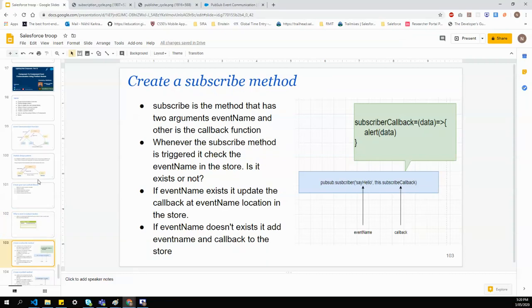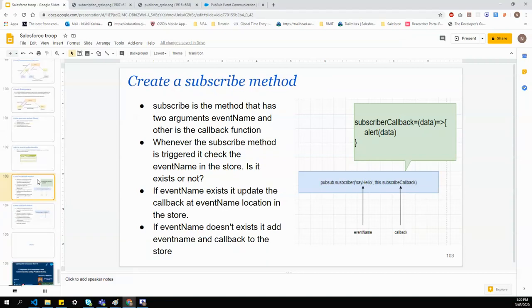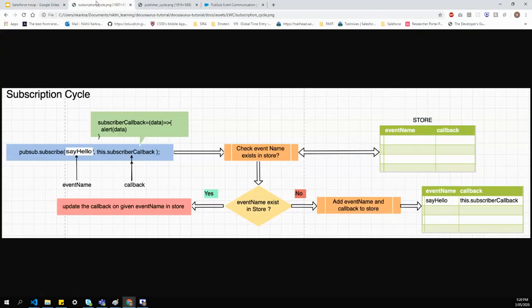Our second step is to create a subscribe method. The subscribe method takes two arguments. First is the event name and the second one is the callback function. Let me give you a better view of this method. This is the subscribe cycle.